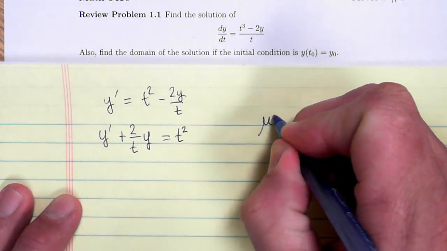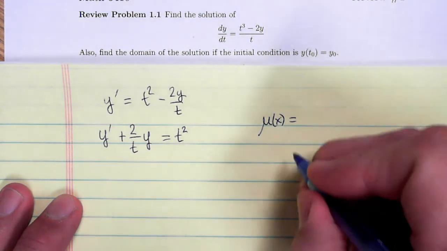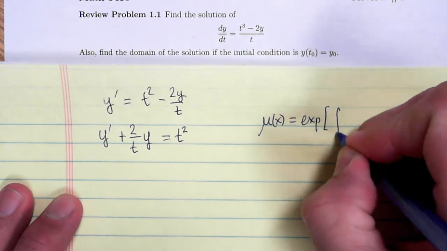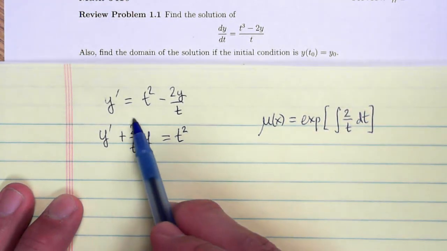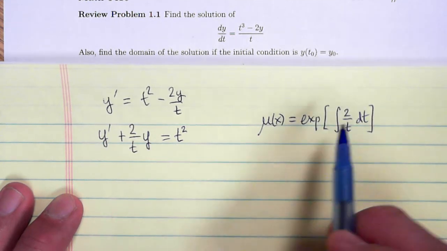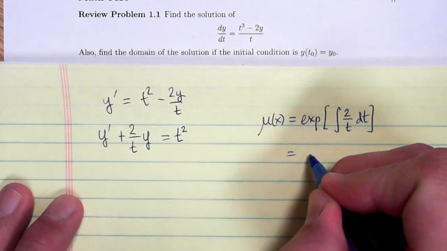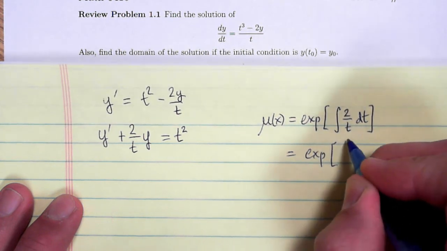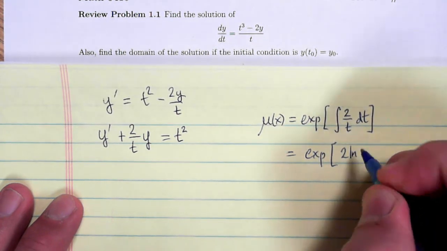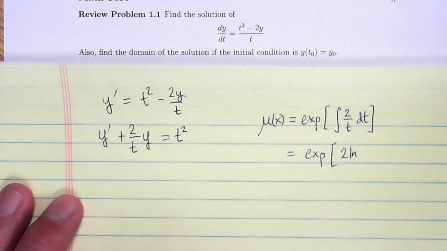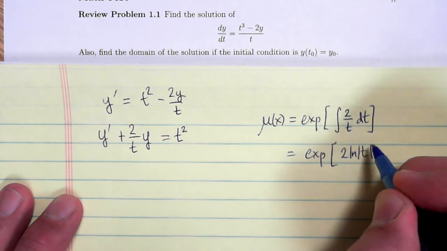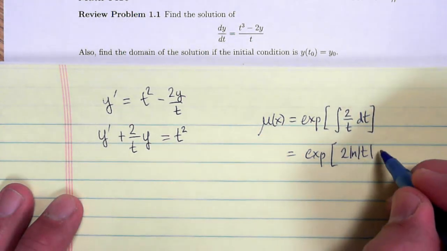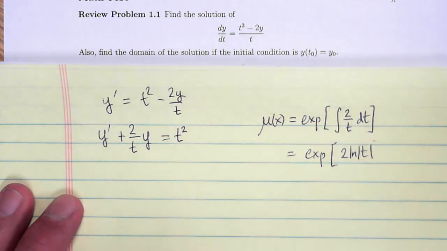First off, let's figure out the integrating factor, mu of t. So mu of t is going to be equal to e to the integral of 2 over t dt, where I took 2 over t here. I'm going to integrate that and then take e to that. So this inside here is going to be 2 natural log absolute value t, plus c. Now on this step, the undetermined constant is not required, so I'm not going to do that on this step,